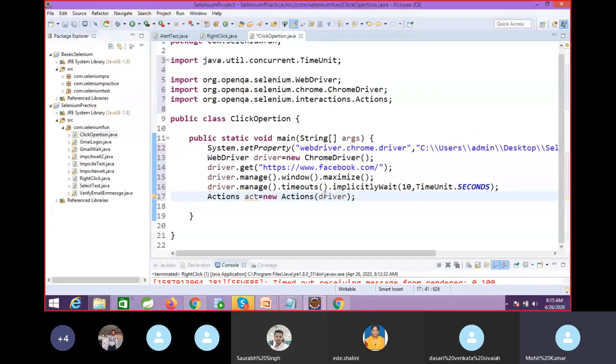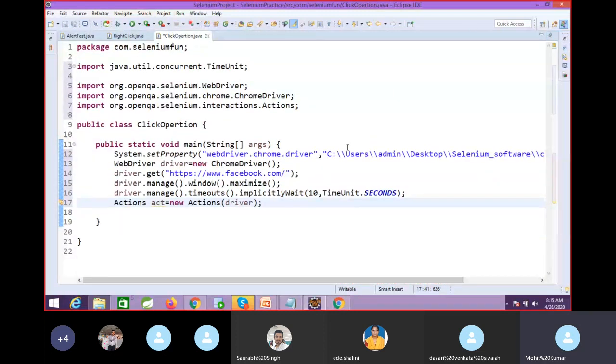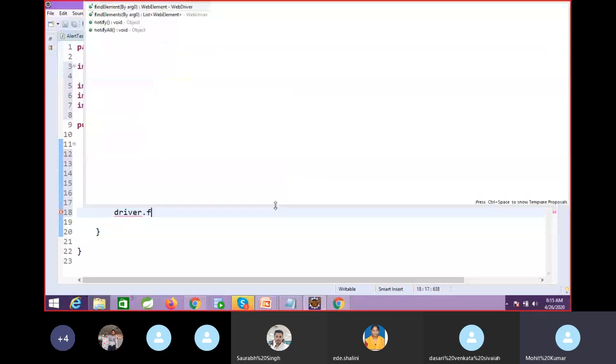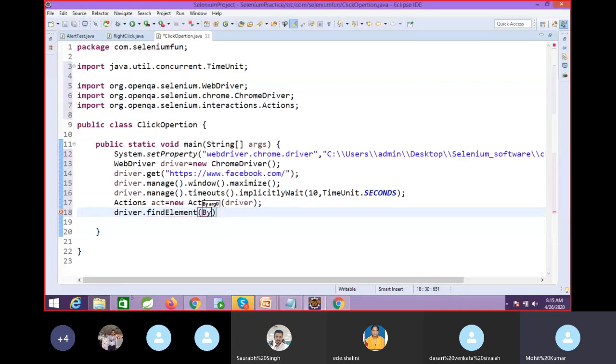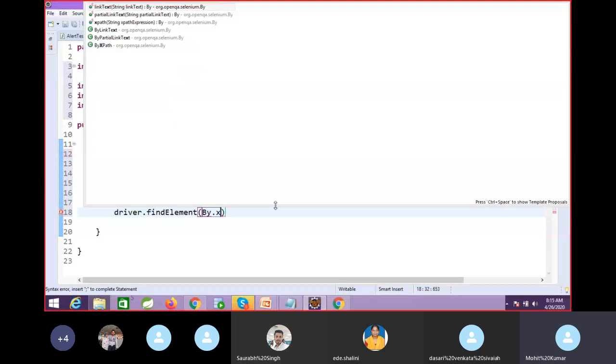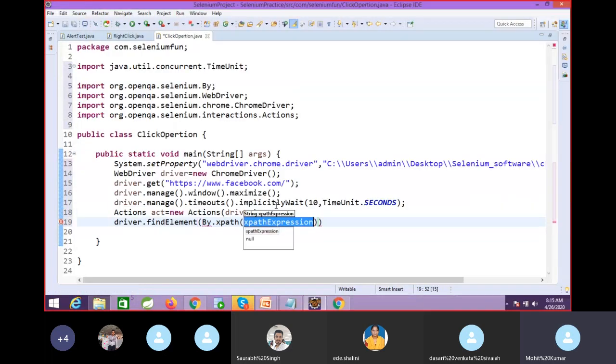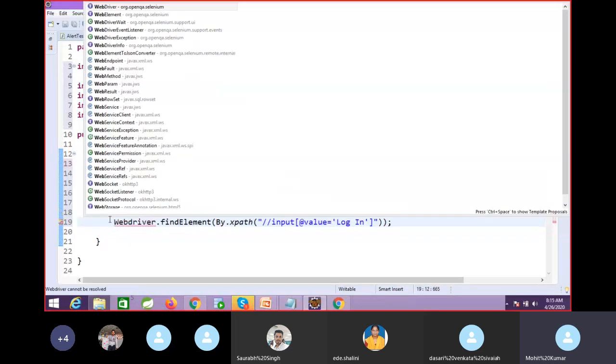Again we need a return type; we need to give the WebElement type, because if you go into the implementation of your method, we will get the parameter as a WebElement type. So now by.xpath. Okay, so this is your XPath, I'm going to copy this, and the return type we will give as WebElement type.